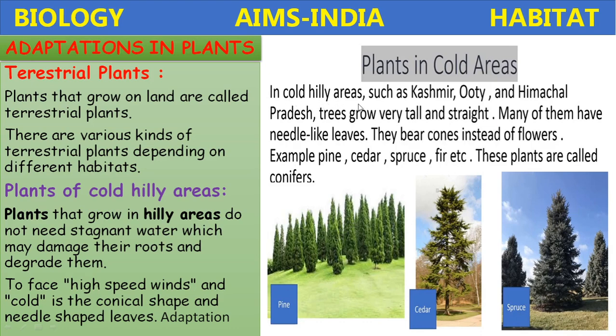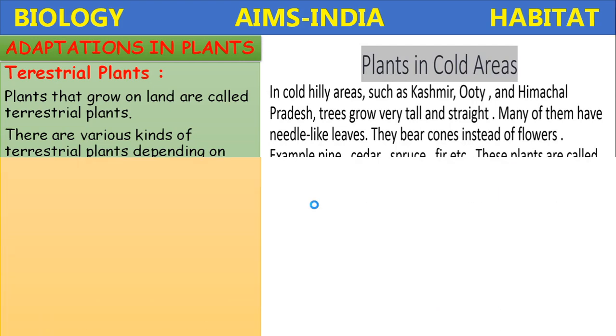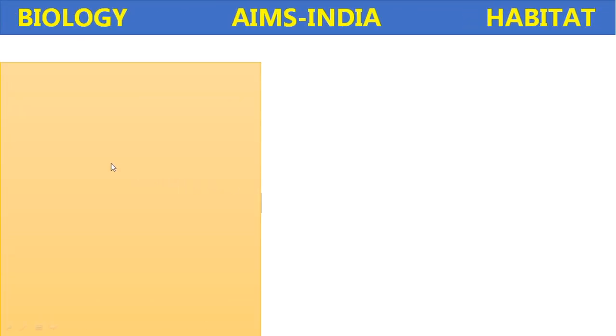In cold hilly areas such as Kashmir, Ooty and Himachal Pradesh, trees grow very tall and straight. Many of them have needle-like leaves. They bear cones instead of flowers. So these are the plants: pine, cedar, spruce, fir. These plants are called conifers. Next kind of plants